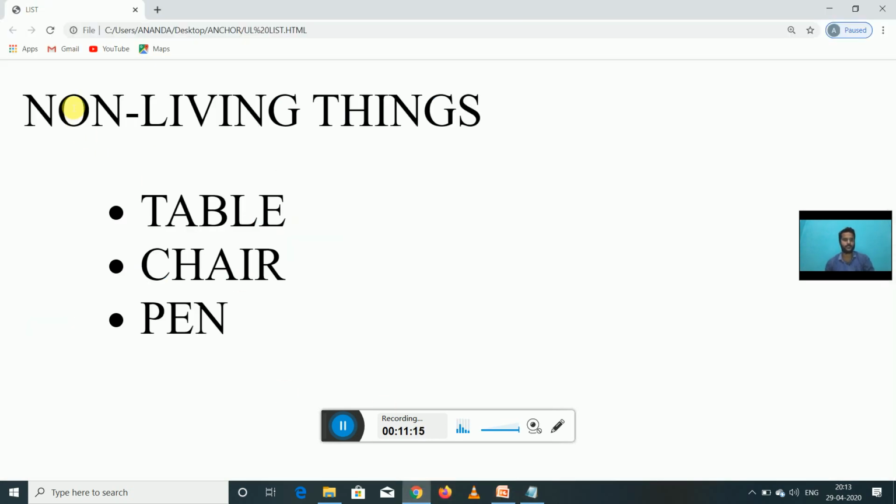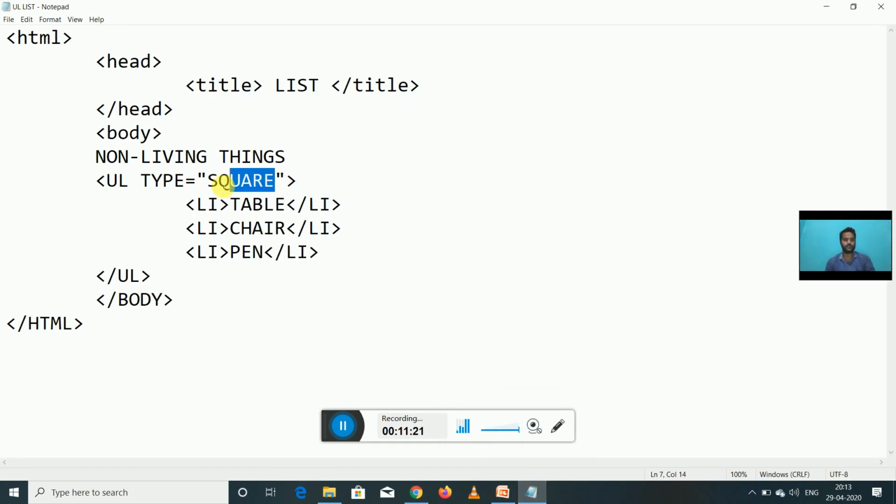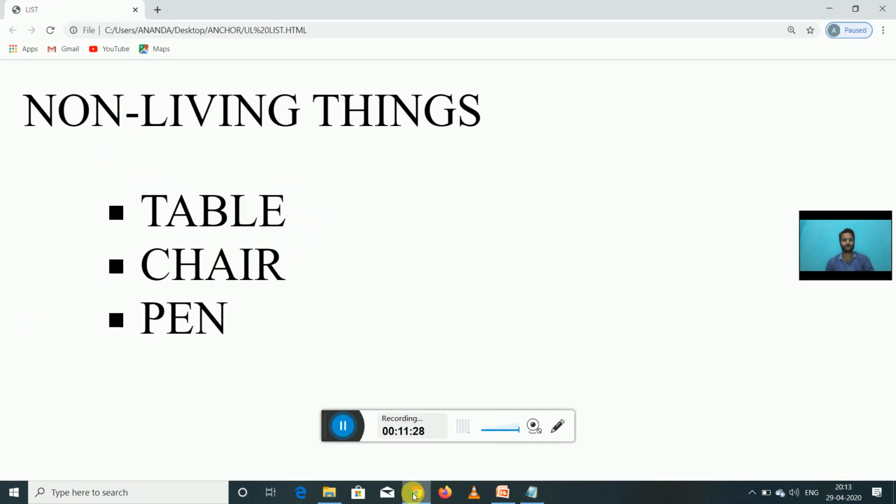And we can see here we have changed to square. Next I will use circle, control plus s, save. And it is changed into this. So there are different types of bullets we can use.